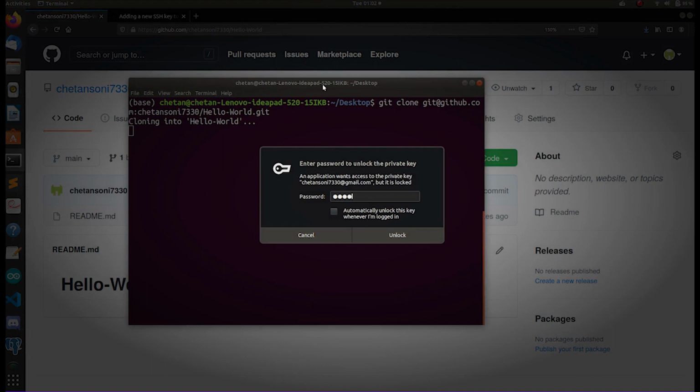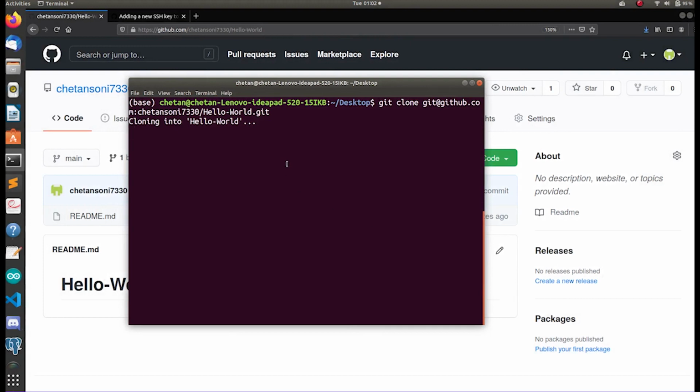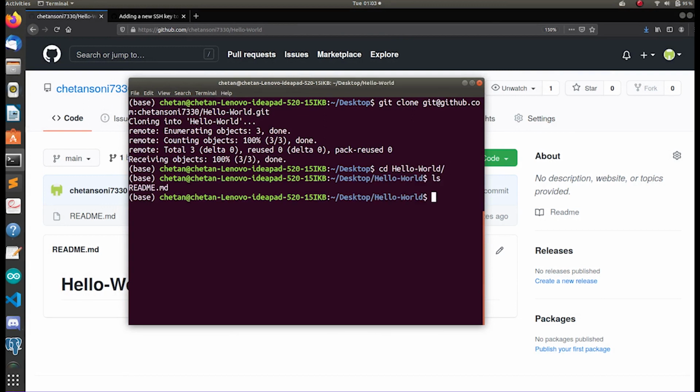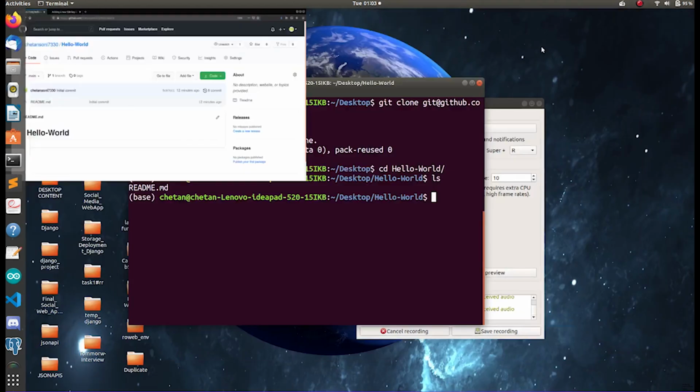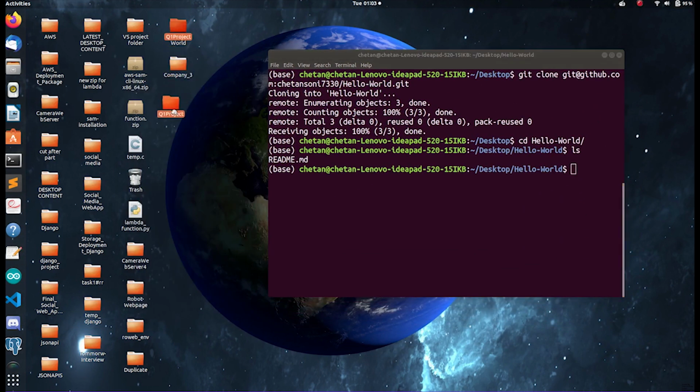This is the first time that GitHub asked for our password. After that you don't have to provide it every time. Now we have successfully cloned our repository. Let's go to this hello world repository. We are inside now. As you can see, we have only the readme file, as we already saw in our repository.